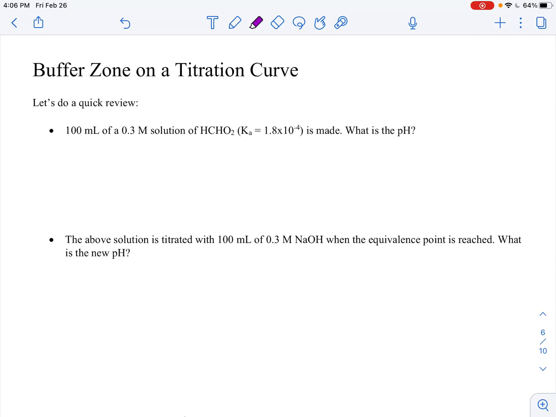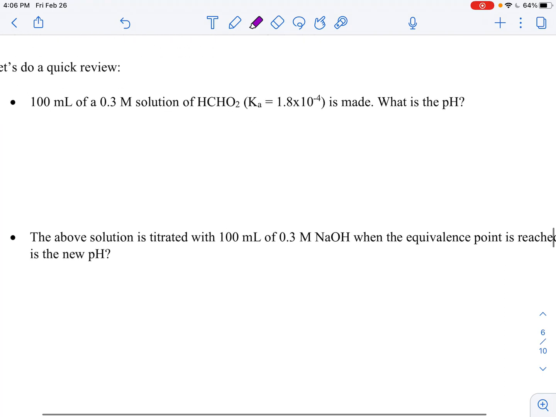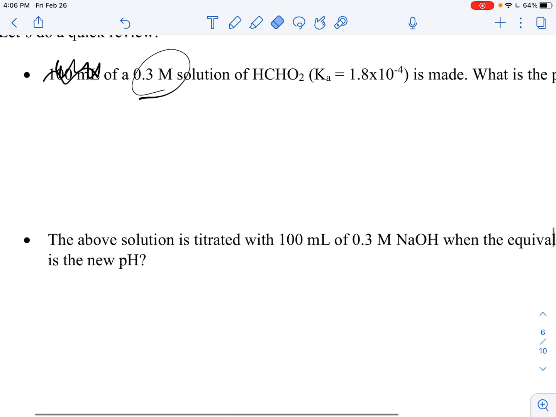So first of all, what is the pH of 100 milliliters of a 0.3 molar solution of formic acid? Okay, so this goes back to part 1, right? You don't even need the 100 milliliters, because you have the concentration. It's a weak acid, you've got the Ka, so all you've got to do is a traditional Ka problem. So your equation is going to be